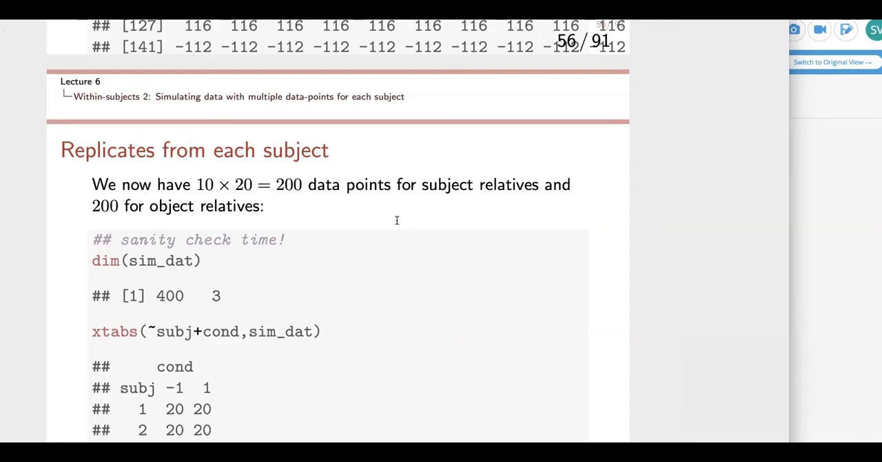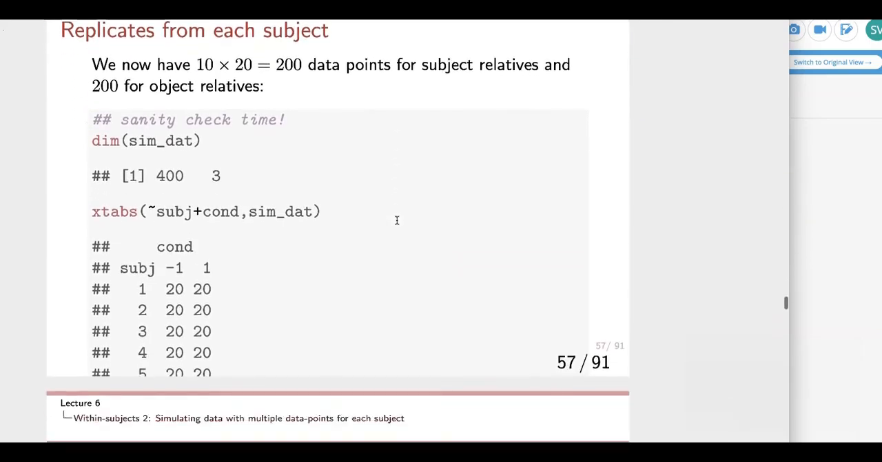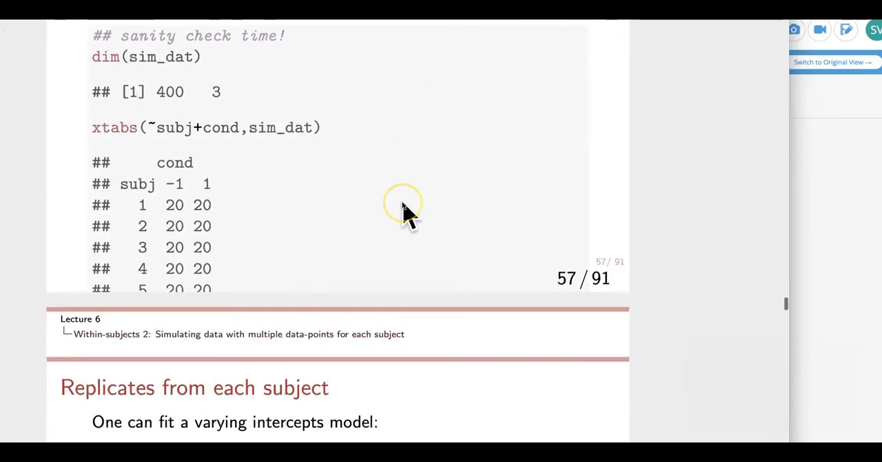So I'm going to have to repeat that vector for the object relatives again, and that is going to give me 400 data points in total. Just as a sanity check, you can check that the dimensions of your data frame is actually 400 by 3. So that vector of data points, the subject adjustments will span the entire length of that data frame, right? Okay, and you can also check if you want to that each subject is delivering 20 data points in each